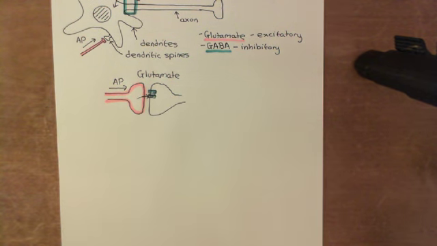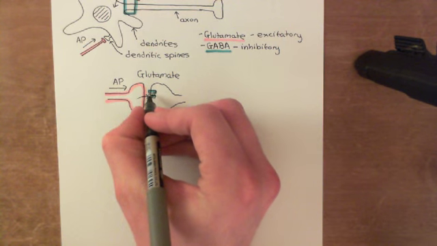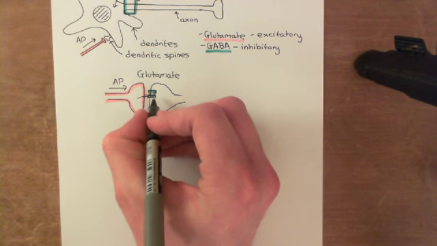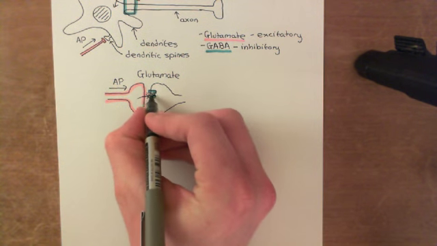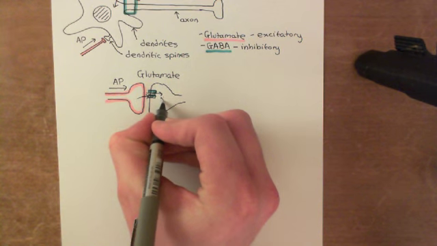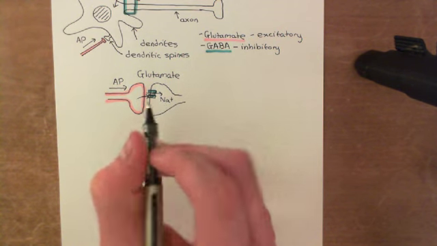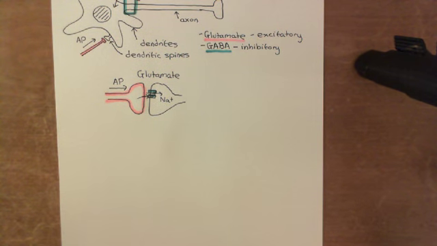And the main ion which these ligand-gated ion channels for glutamate are permeable to is going to be the sodium ion. So what can then happen is when you open this ligand-gated ion channel where the ligand is glutamate, that's going to allow sodium to move across the cell membrane, and of course sodium's electrochemical gradient favours the movement of sodium in. So what you're going to get is sodium moving into the cell. Now what that's going to do is it's going to contribute to the depolarization of the electrical potential difference across